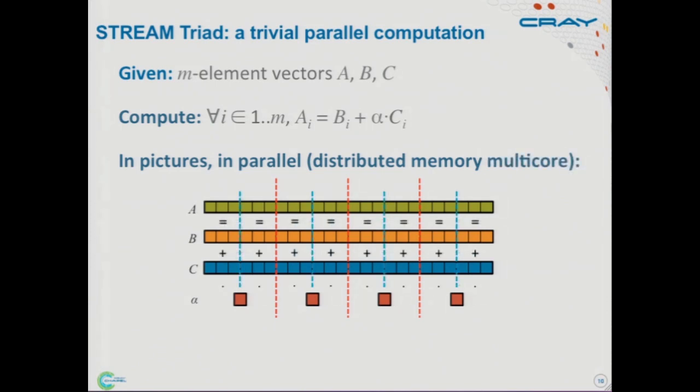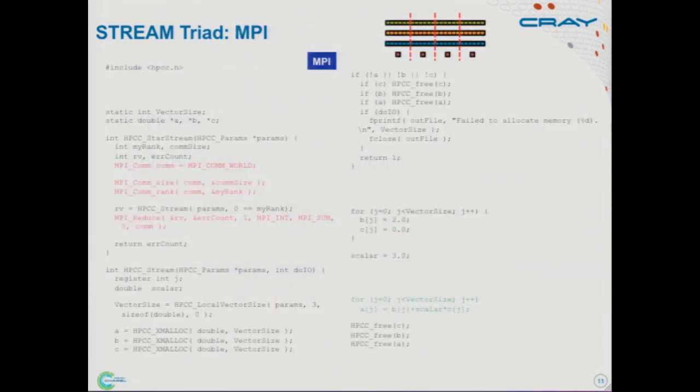And of course, the world we're living in today is one in which we typically are doing a hybrid between distributed memory across our nodes and then shared memory, like multi-core, within our nodes. And so you end up with a picture like this, where you've got the two styles of parallelism going on. Now, if we look at this in terms of code, and I'll warn you the code is not going to be particularly readable, but you'll get the gist of it.